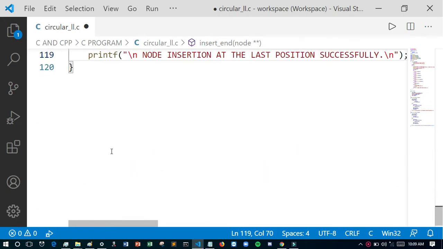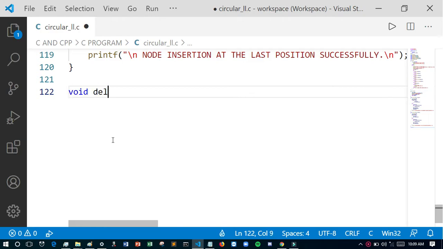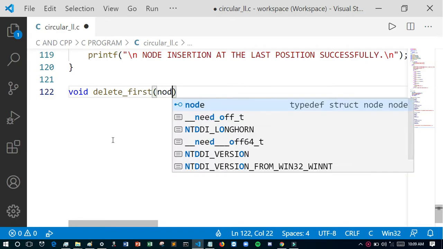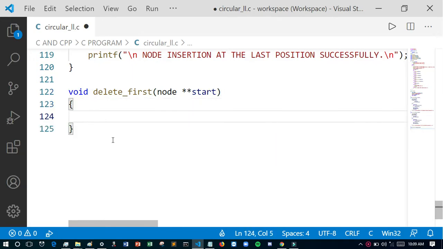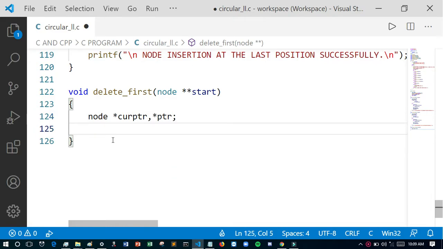Now I want to create the delete first function. The parameter will be the node type, and then I want to create some variables. I want to delete, and we have to check if the list is empty or not.